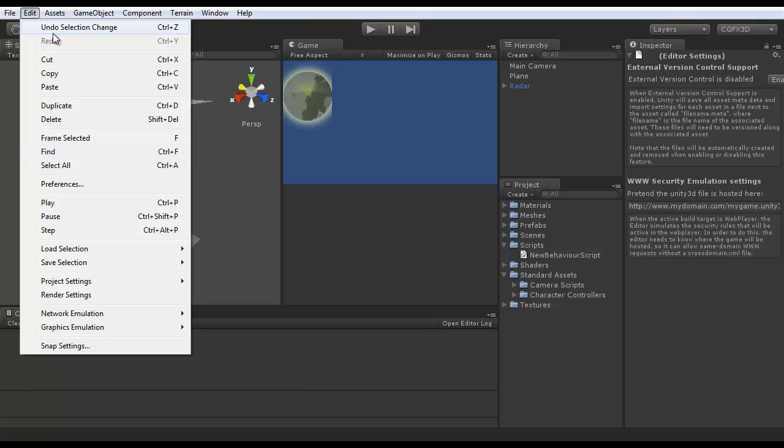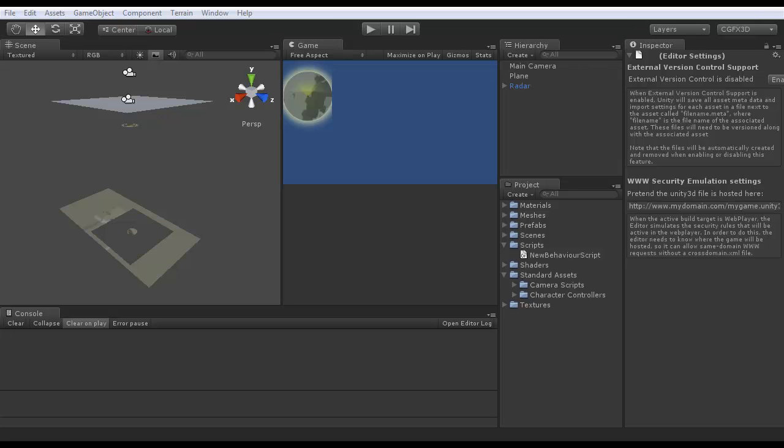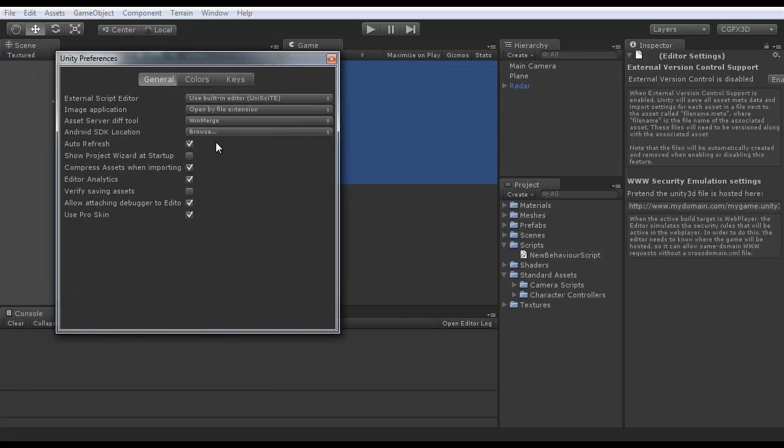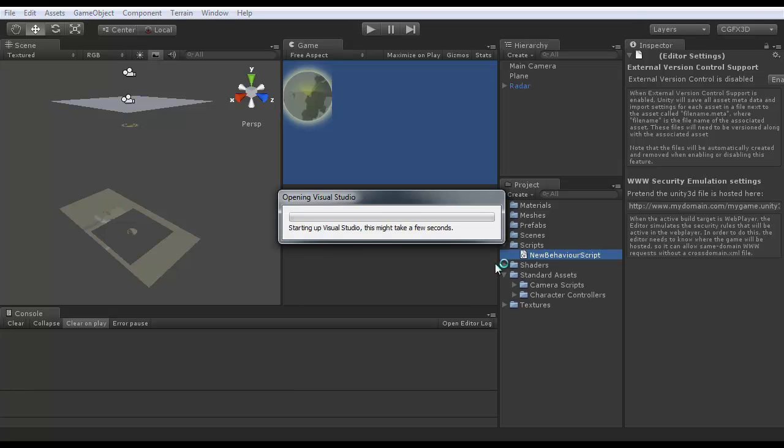It's not there. Preferences. So, external script editor, and that's it. Okay, so now if I... it's now opening. Okay,